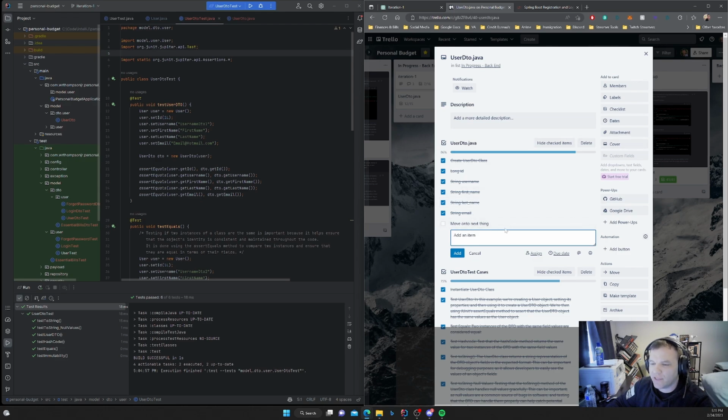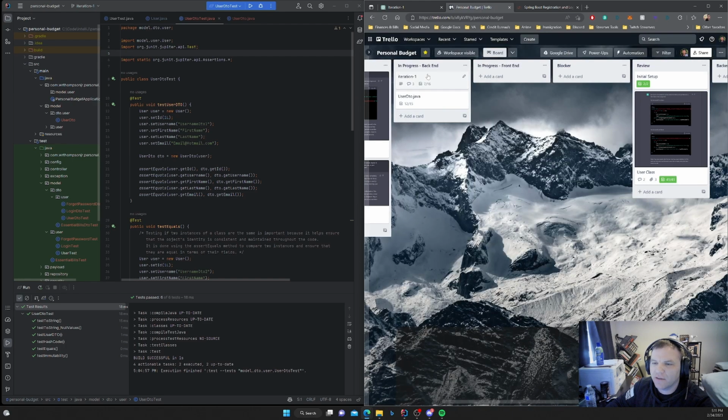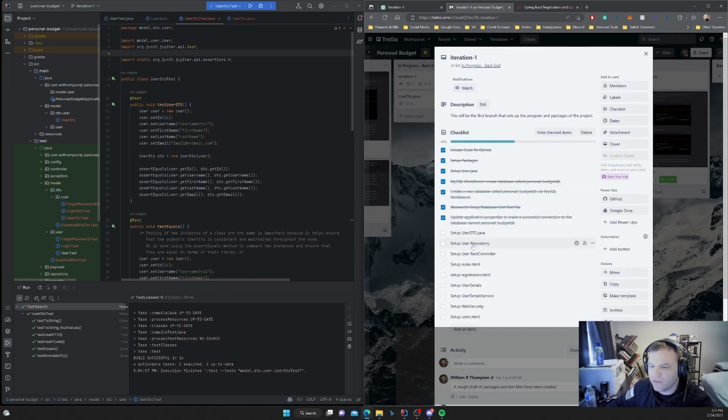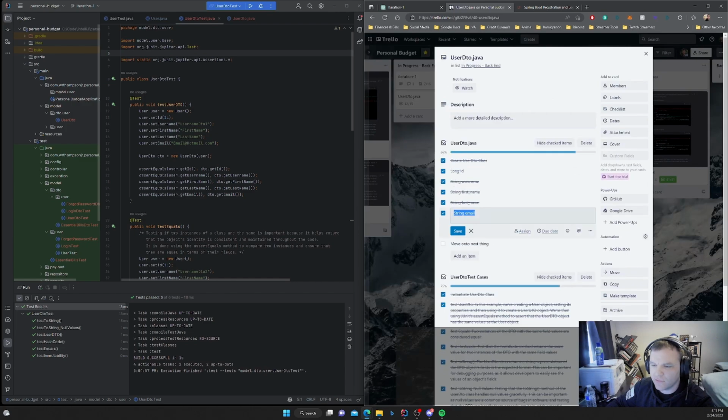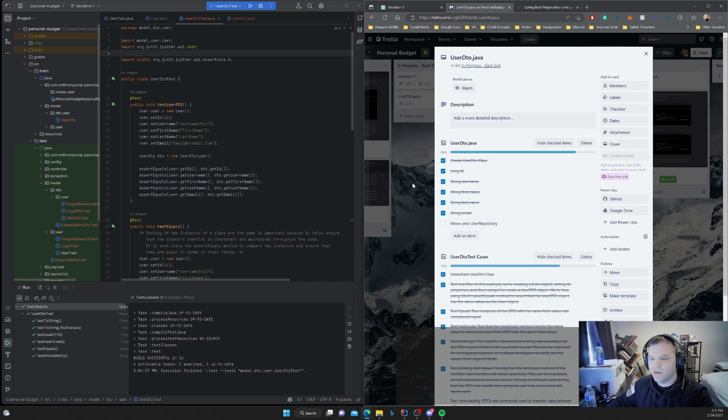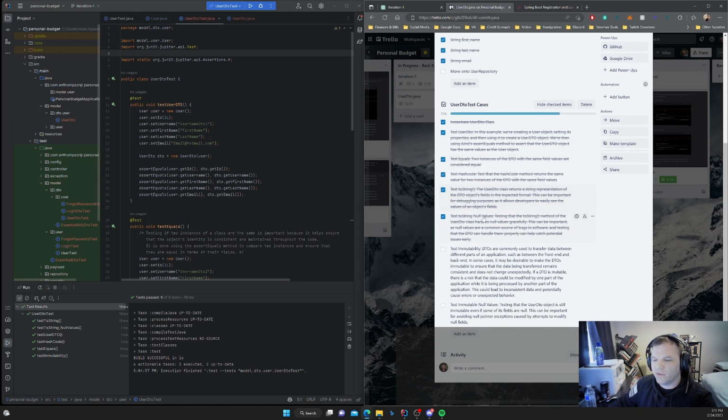So yeah, I'm going to have it listed as "move on to the next thing," because technically, you know, I'll just do it. Let's see, user repository is next. That time I'm going to try and keep track of things. User repository. Yep, that's how we're going to move on to things. Okay.